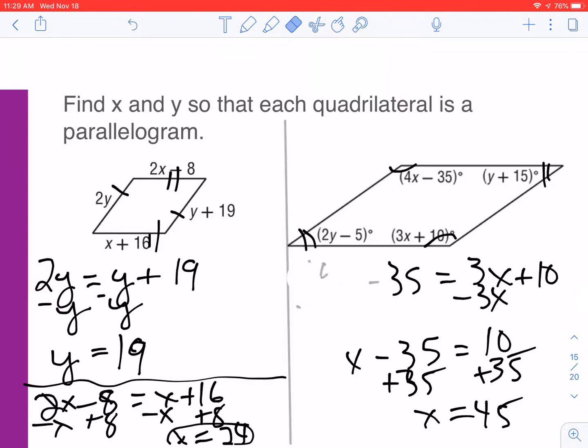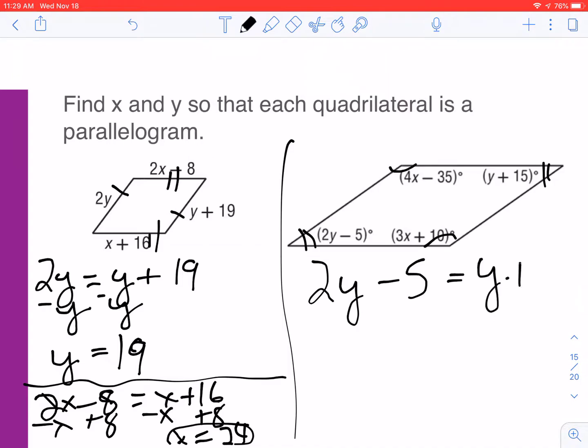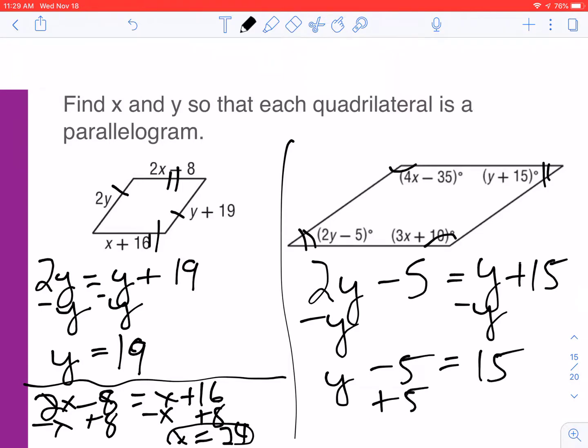Okay, I'm going to erase. And now we're going to do 2y minus 5 equals y plus 15. Subtract y. Get y minus 5 equals 15. Add 5. And you get y equals